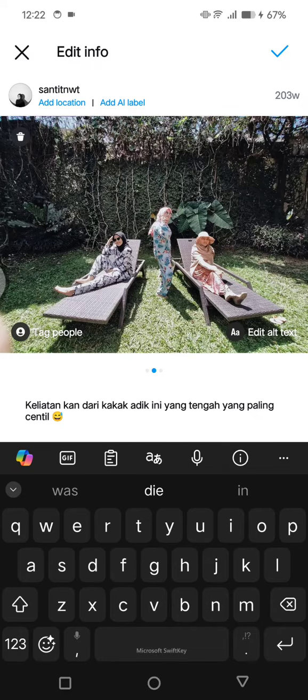add an AI label. But unfortunately there is no feature, or there is no direct feature, where you can add a picture after posting it on Instagram. So the only way to do it is you can just repost the image. So you need to delete this first and repost it, or you can also just delete